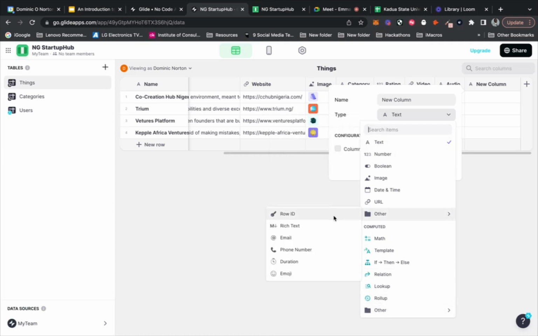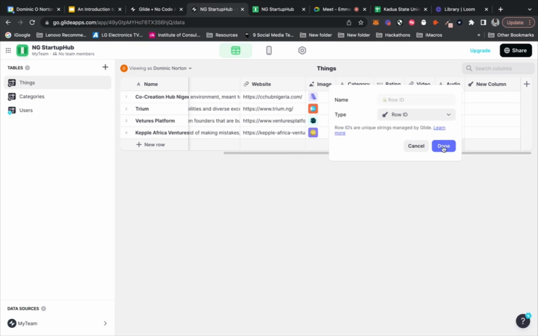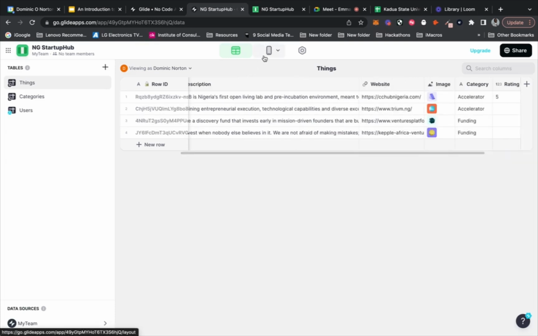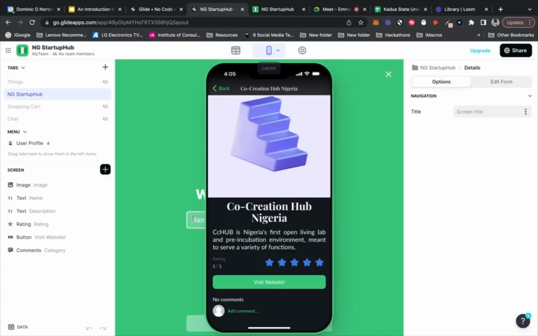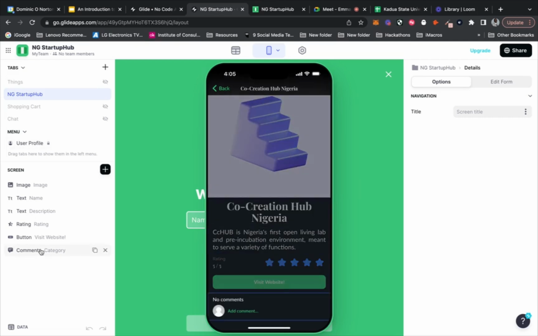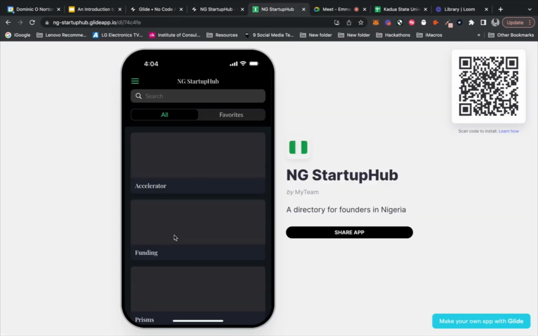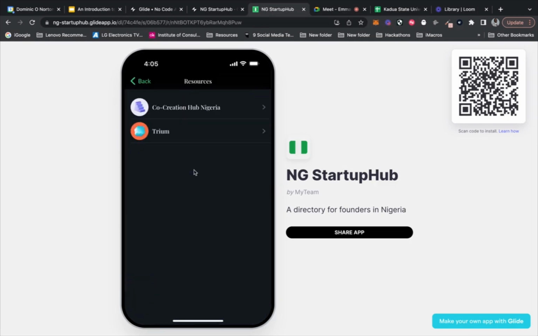Let's see. Okay, let's try again. Yeah, I'm not sure why this is happening. I would have to figure out how to debug that.